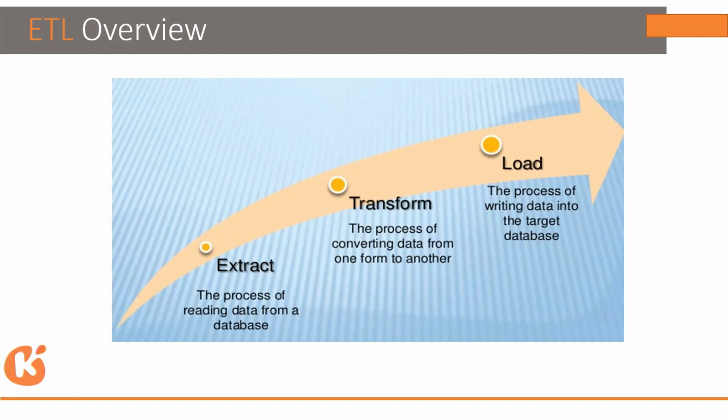Then the final transformed data will be loaded into a new system. That system, those interfaces, will be different than what is there in the source, or it might be a different